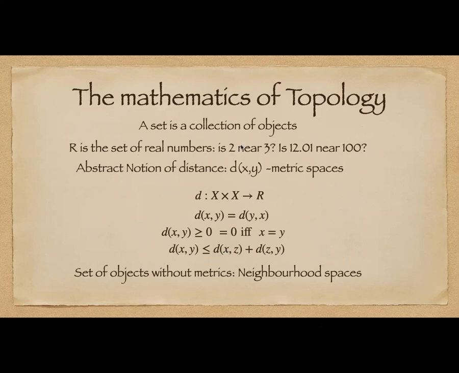So the notion of distance on the real line is simply the modulus of x minus y. That is a definition which satisfies all these three criteria, and it's a map from the Cartesian product of the set of real numbers to another real number. When d of xy is less than a particular pre-assigned real number, then we say that these two are near. And if it's bigger than that pre-assigned real number, we say it's far.